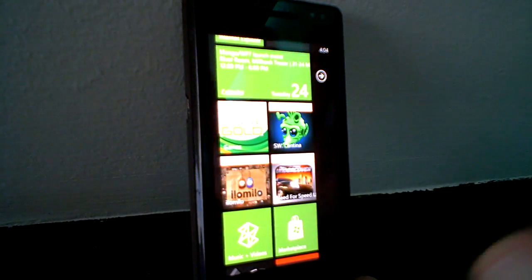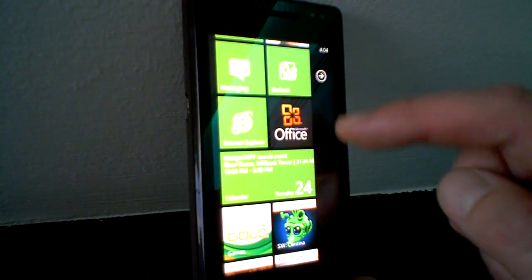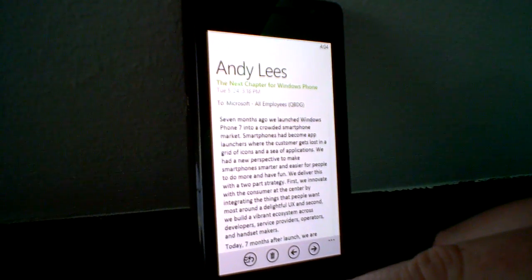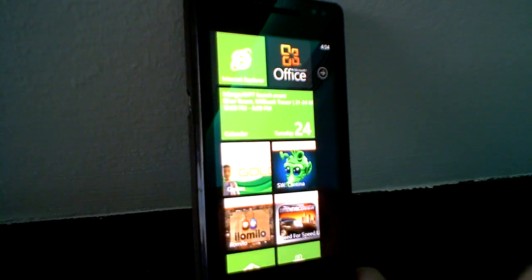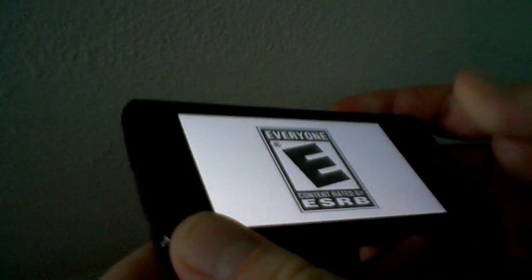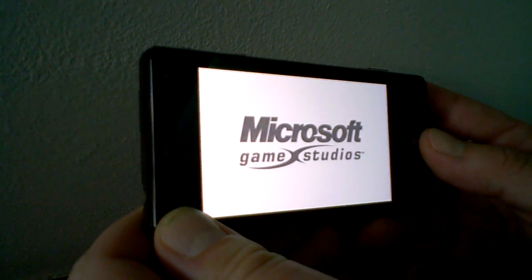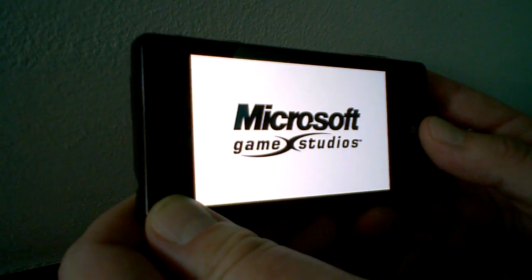And certainly in terms of this whole work-life balance, if I was to, for example, interact on a particularly important email from Andy Lees, want to take 5 minutes out and, should we say, play a game for a while, then I can. One of the aspects that we're very, very proud of with Mango is the multitasking